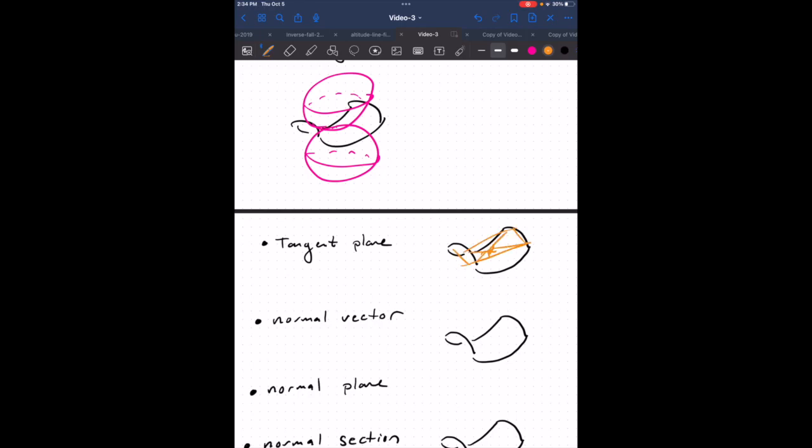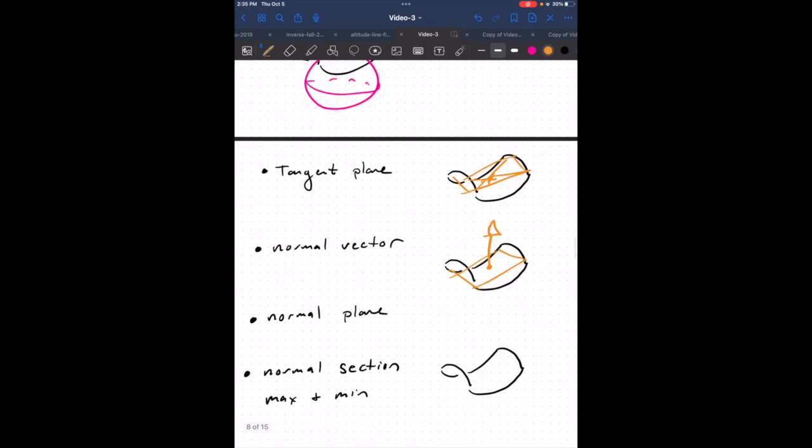So here's our tangent plane. It would intersect the saddle and sort of this X. And once we have our tangent plane, we could define a normal vector, using some cross product that we saw in our calculus classes. And then we could take a plane through this point that contains our normal vector, and we could spin it around. So we're going to say, okay, let's go take our normal vector,